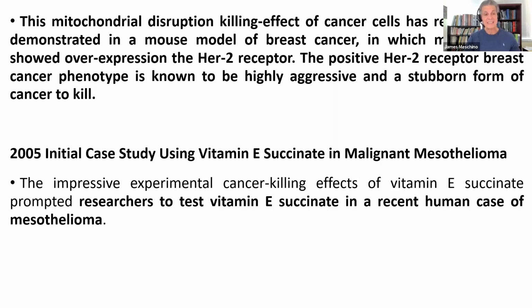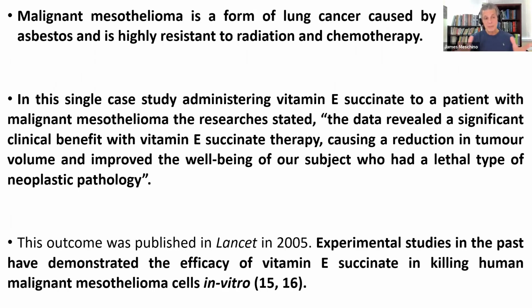So they tested it in a human trial, because we know that malignant mesothelioma is a form of lung cancer, of course, caused by exposure to asbestos, highly resistant to radiation and chemo. There's really no treatment for mesothelioma that's effective. So in this single case study,